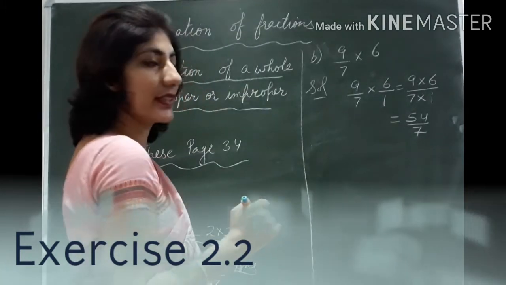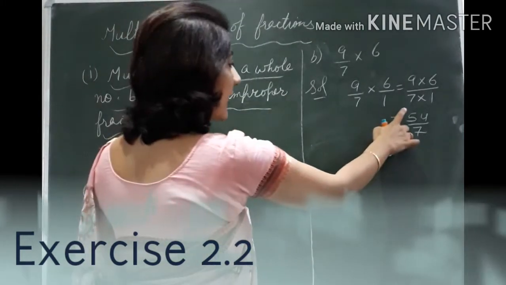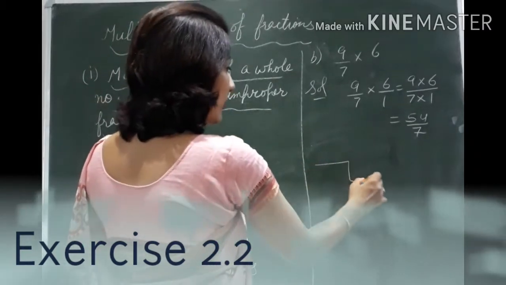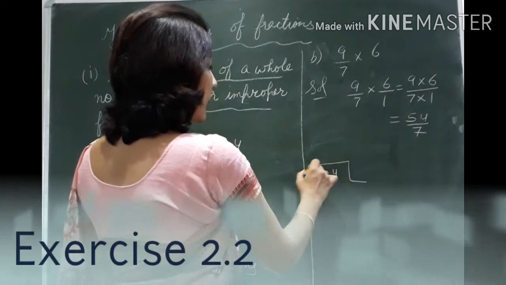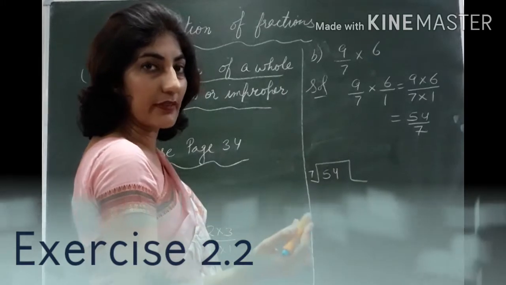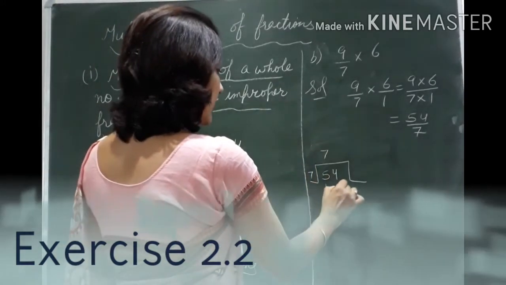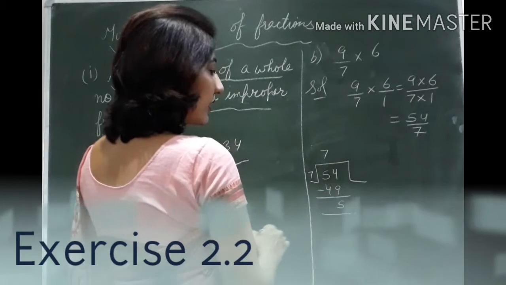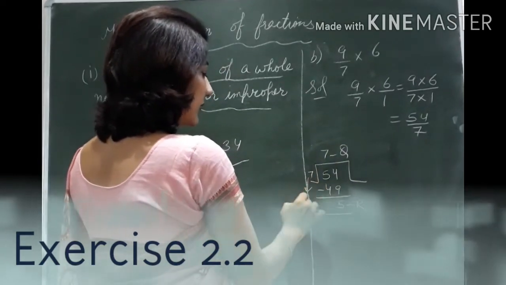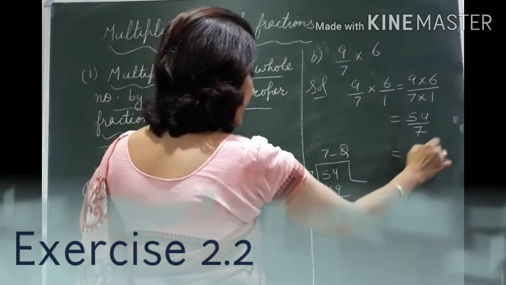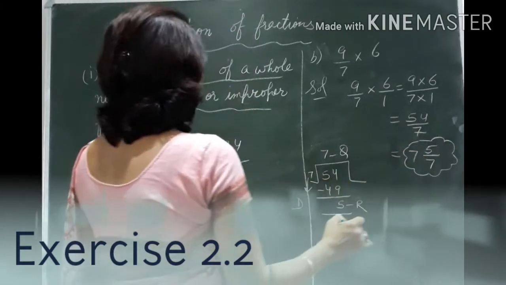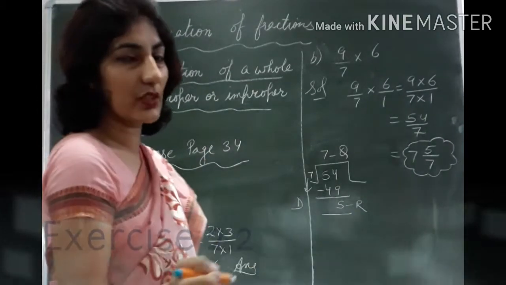In the question you can see at the last they have written the statement, if you get the answer in improper fraction, change it to mixed fraction. Now till now you might have learned how to change an improper fraction to mixed fraction. So you can do it, or if you can do it mentally, well and good. 7 sevens are 49, remainder 5. So Q R upon D. This is R, this is Q, and this is D. So what I will write first? 7, 5 upon 7. So this way we can do multiplication. C and D part you will try yourself.